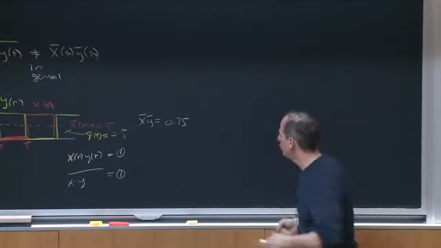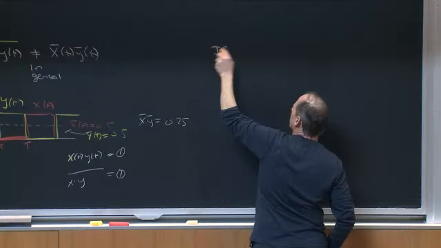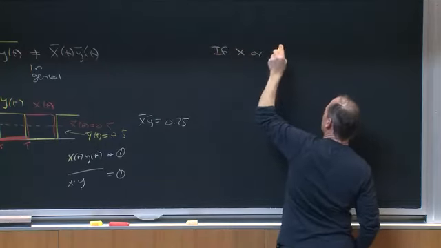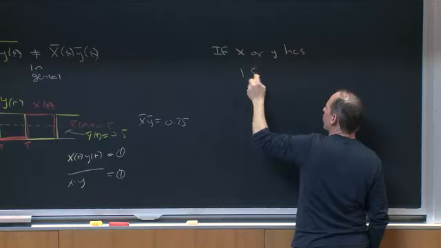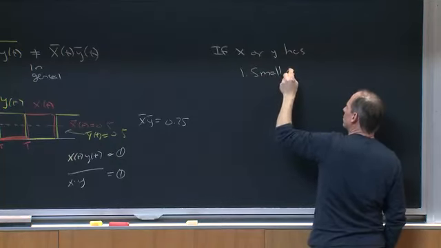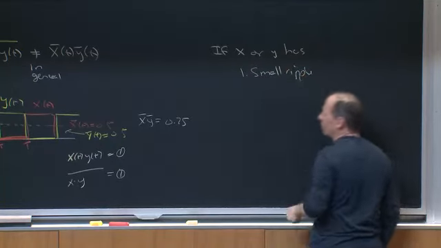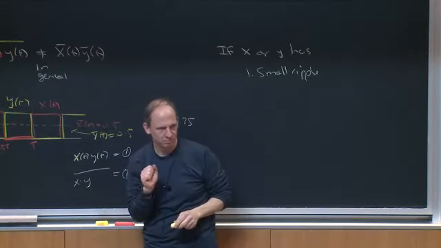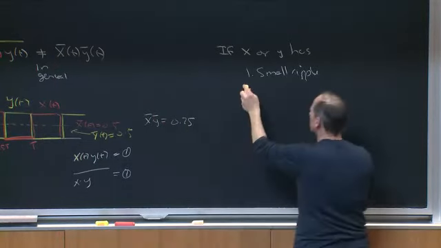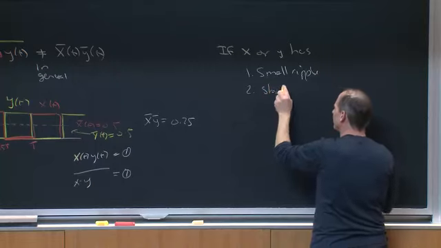I mean that it has two properties. One, small ripple, in other words, it's not varying full scale within the cycle, and two, slow variation,